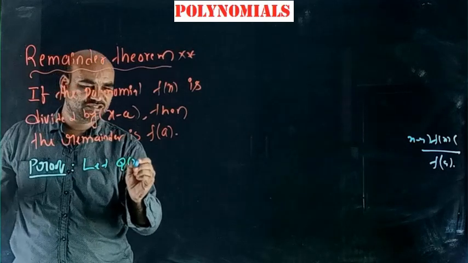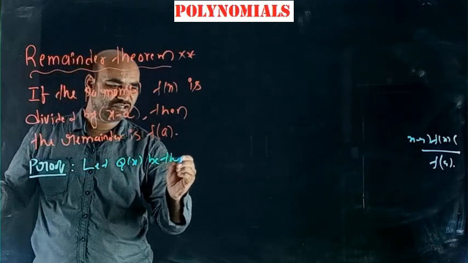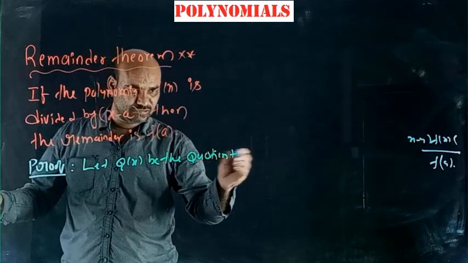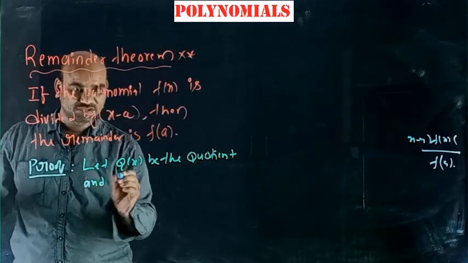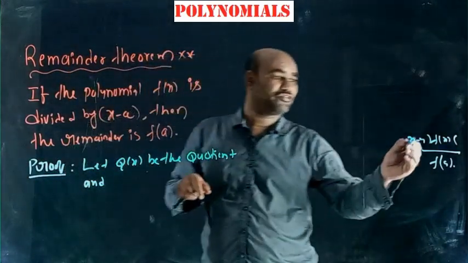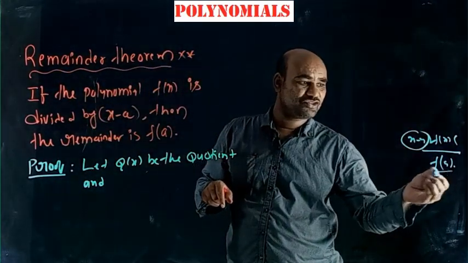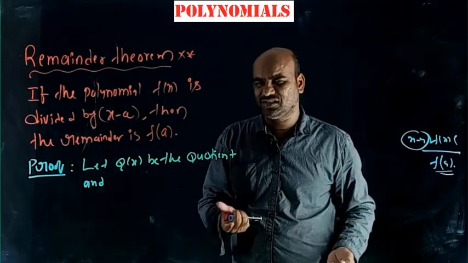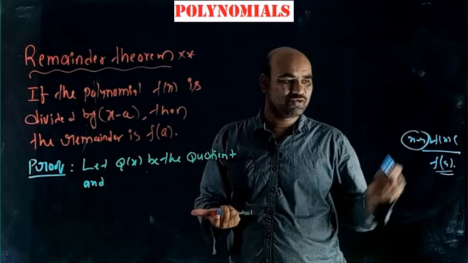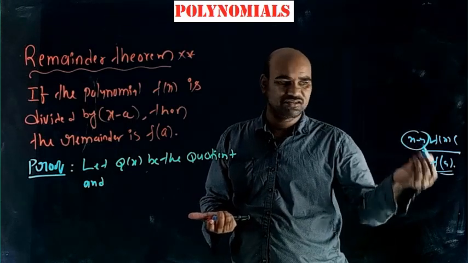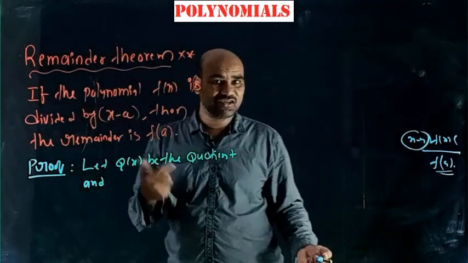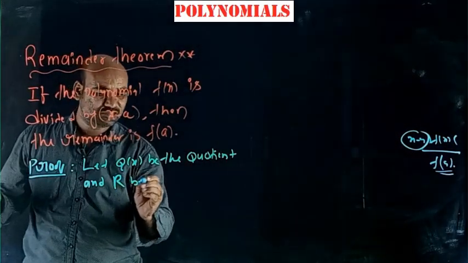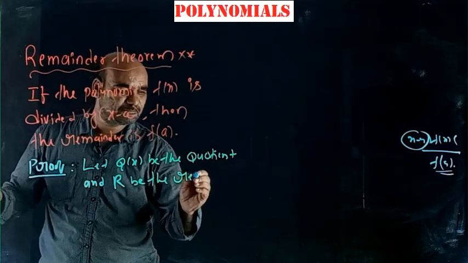Let q of x be the quotient, because this is a first degree polynomial, no? The remainder should be lesser than first degree, means constant only. That's why you can't say that remainder is r of x. So I can say remainder is r, because it should be constant, without any variable. That's why I can say, and capital R be the remainder